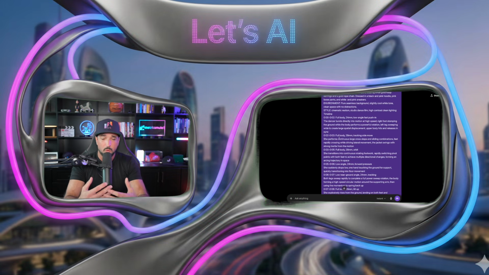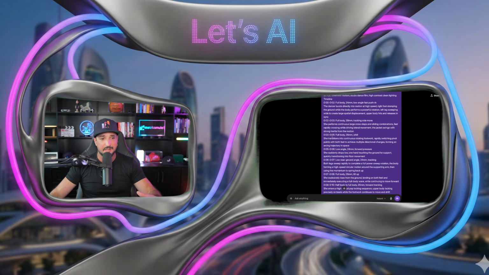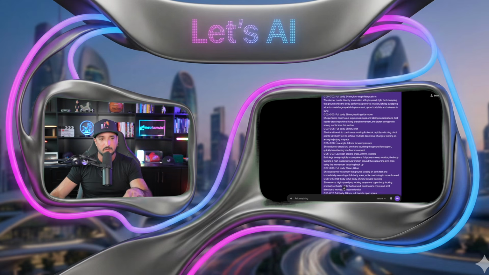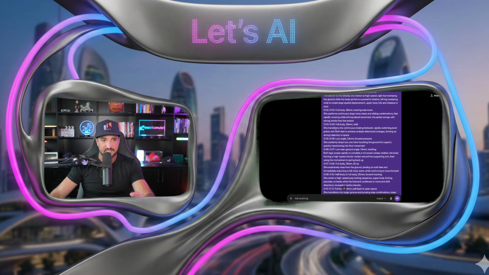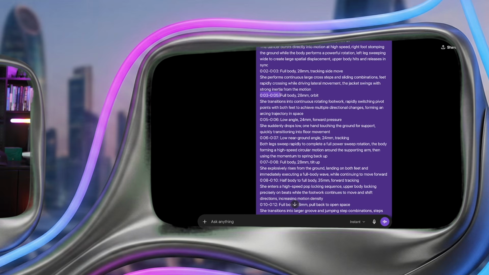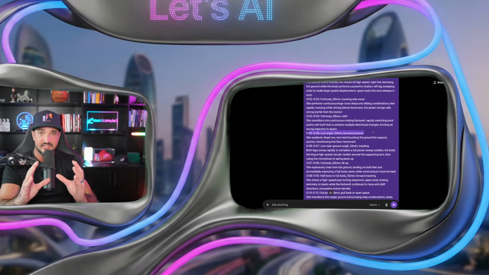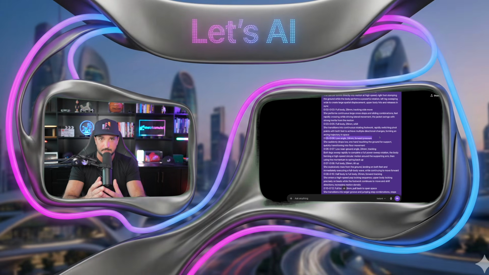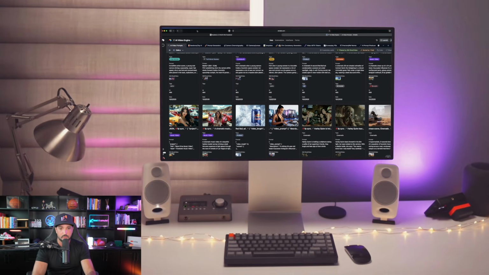which, if you're starting out, or even if you are more intermediate, can still be a little bit tedious and difficult to use, because you want to properly insert the timestamps and specific camera movements in each of the scenes. Like you could see over here, we have the timestamp, and then we have full body tracking side move. And now we have this timestamp and we have orbit, this timestamp and we have forward pressure. So do you see what I mean by that? It's all about the specific prompt, which is going to be so incredibly important to make sure you have a